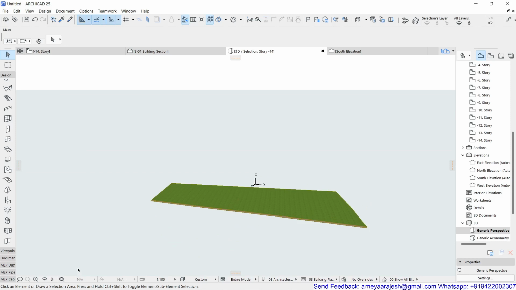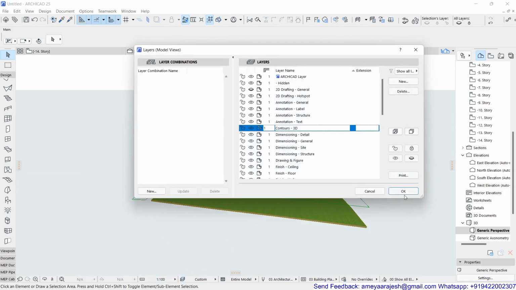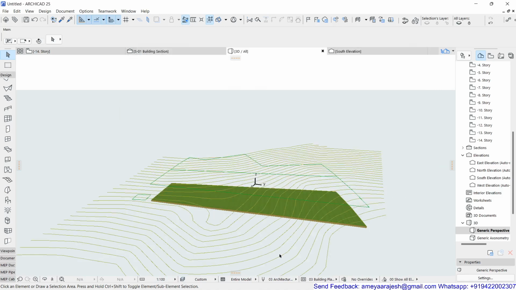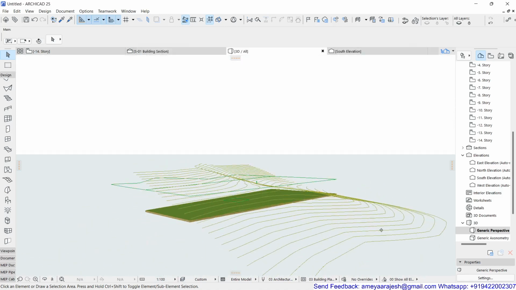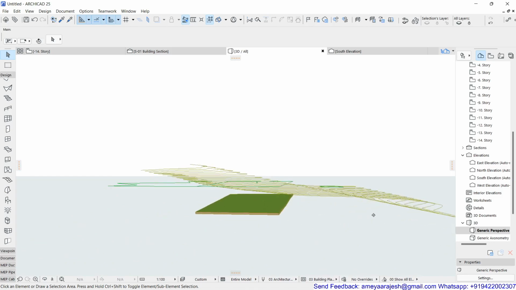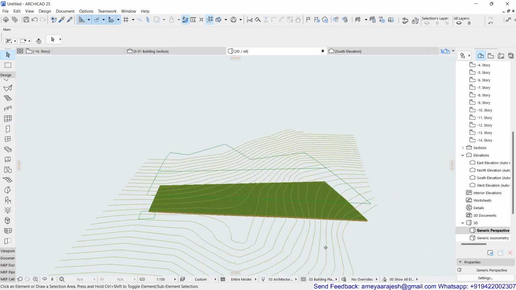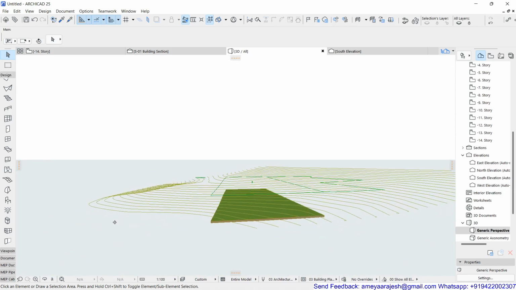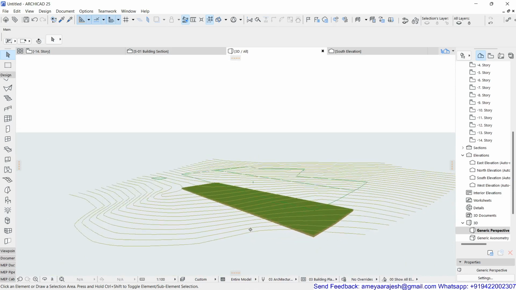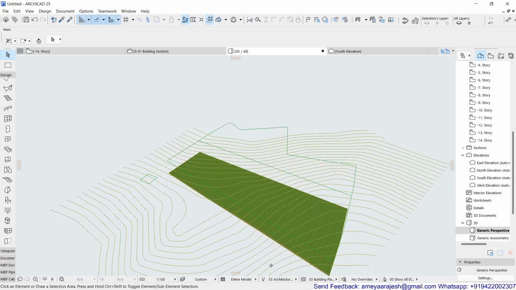Now, apart from this, if I want to see the contours also, you can turn on the contour layer and you can see how the contours are actually passing, and how the site, that is the mesh with the upper topography, should be. So let's now try to place these contours on this mesh and we'll try to elevate these points. That's the only thing which is left.